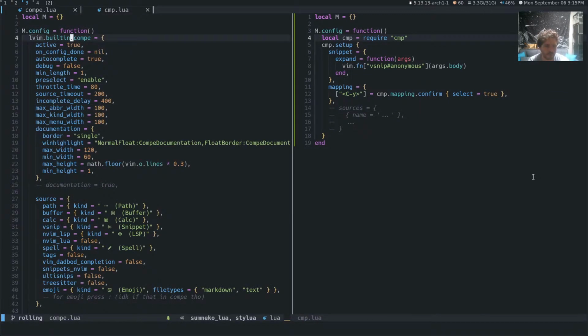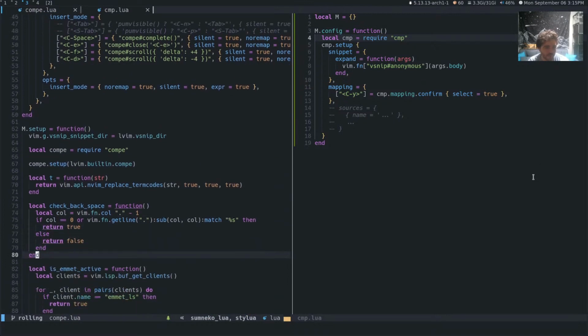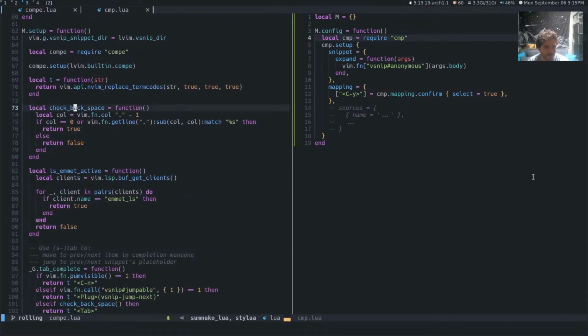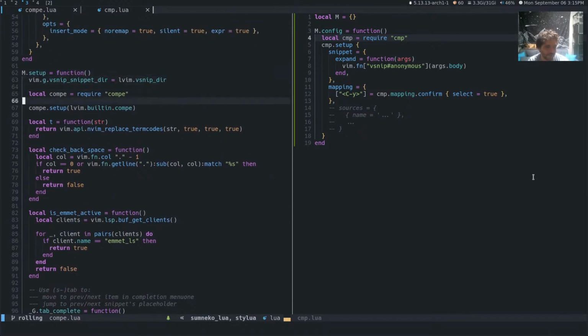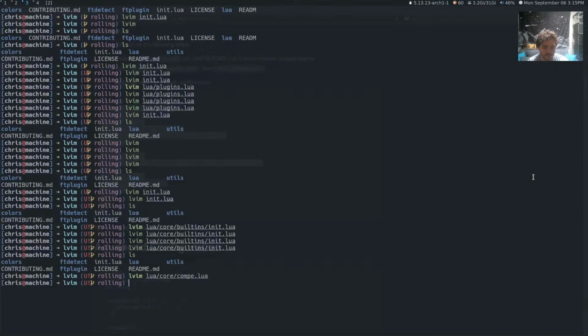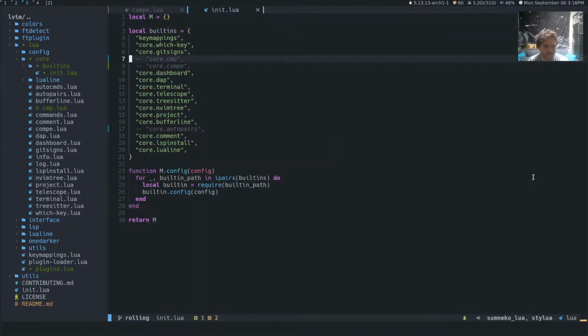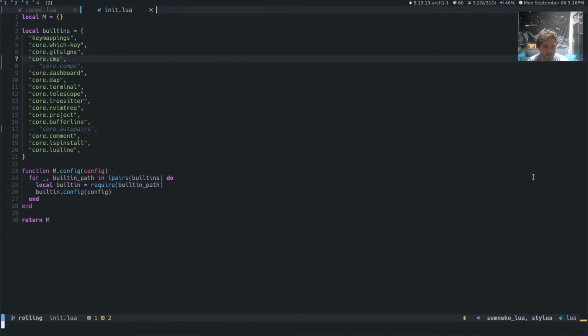And then how are we doing this? So this is configuration for the thing. I don't think that matters so much, right? Could we just get away with just doing that? I think we probably could. I don't think we need the setup. Maybe we do. I don't know. Guess we'll find out. And then there's some other nonsense. So let's close that. Let's save and close this. Let's reopen built-ins, and let's get you back.